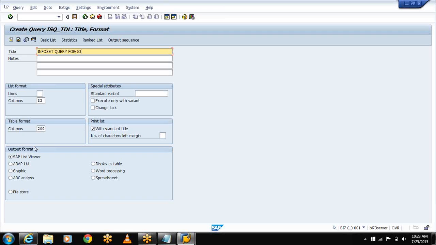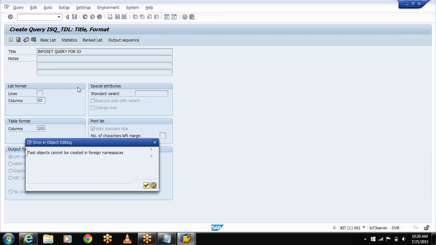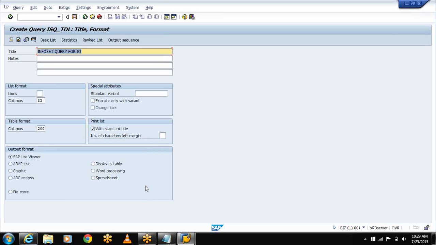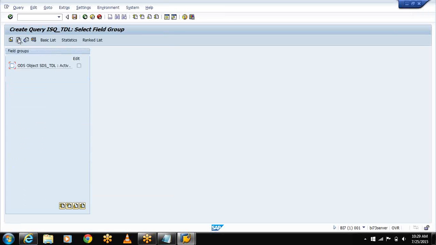Here observe the output formats. This is SLV, that is SAP list viewer, ABAP list, graphics and ABC analysis, and file storage, display as table, word processing, spreadsheet. Now I am checking the SAP list viewer, save, okay. Select continue, select the ODS